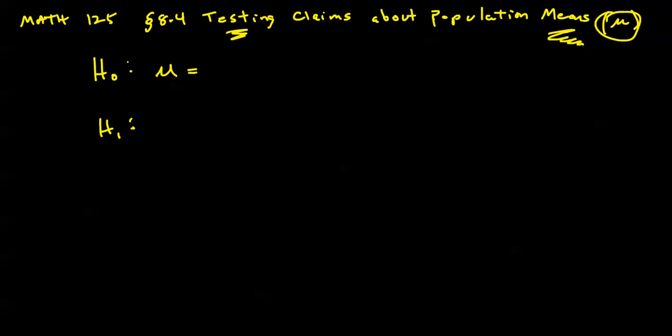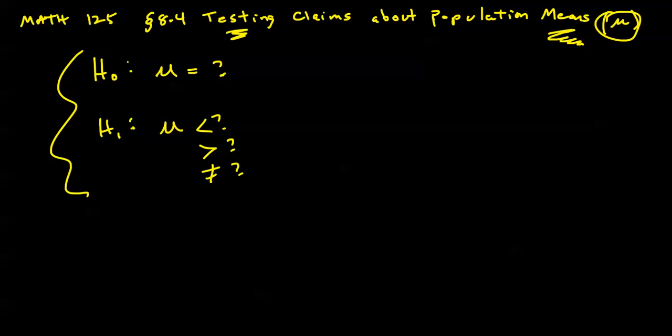Someone is going to claim that mu equals something, and by convention, H0 is always going to be an equality statement. And here in H sub 1, our alternative claim will be one of three inequality statements. Someone's claiming that mu is either less than, greater than, or not equal to something. So you can see the statement of the hypotheses is largely in the same format as in section 8.3. What is going to be different, we're going to use a new operator on our calculator called